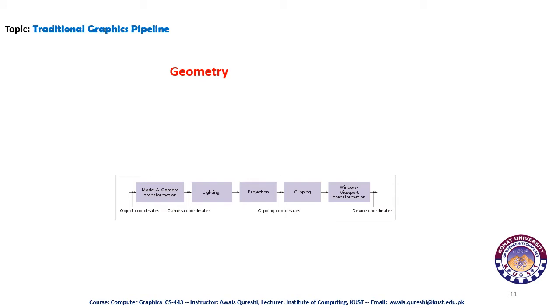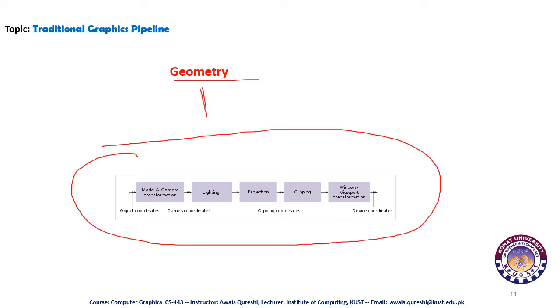So this is the second part or second phase of this graphics pipeline, which is called geometry. When we are in the geometry phase, these are the steps that need to be performed in this geometrical phase. The first step is called model and camera transformation. Here the term model means our 2D model or 3D model, and we need some camera transformations, because we need to set our camera according to the model so that it can be transformed in a way that is desired.